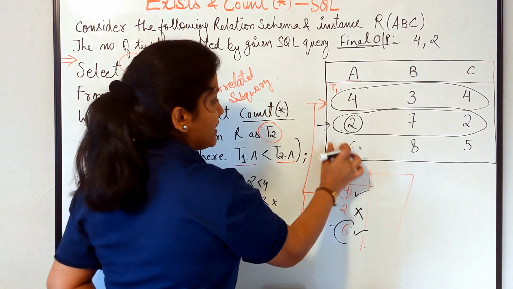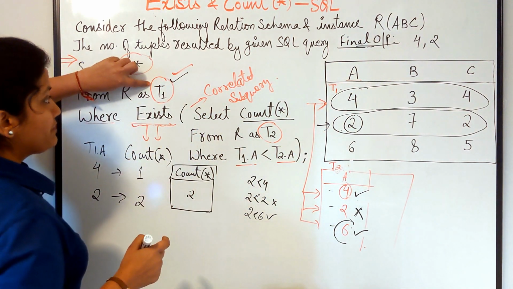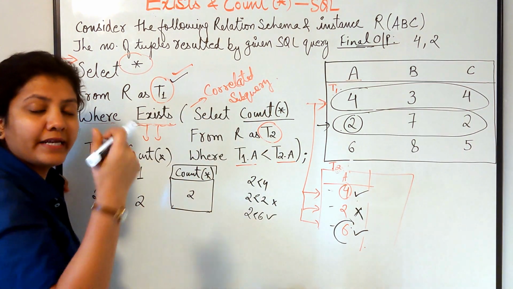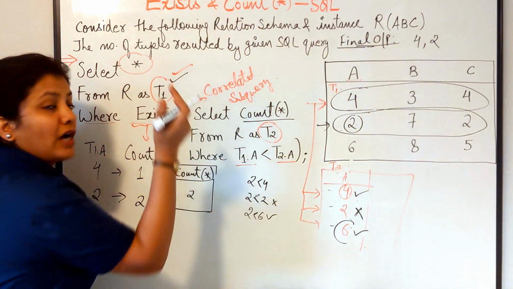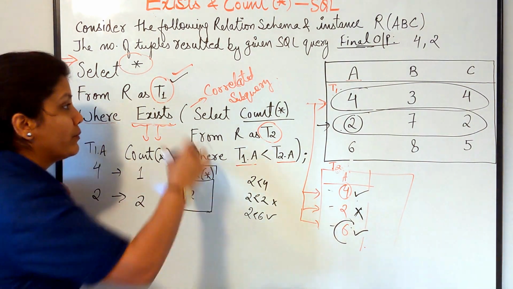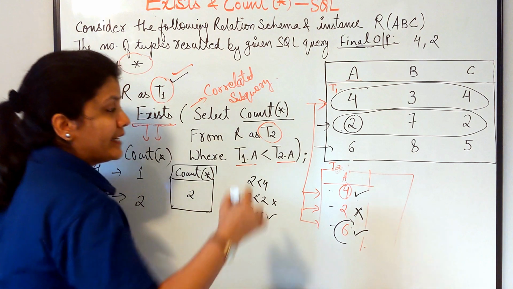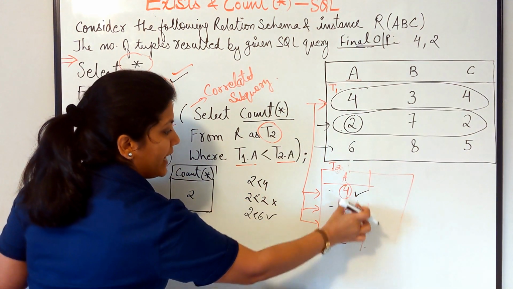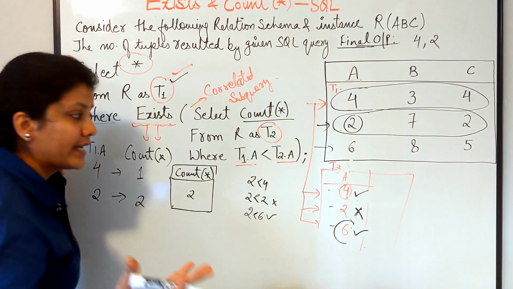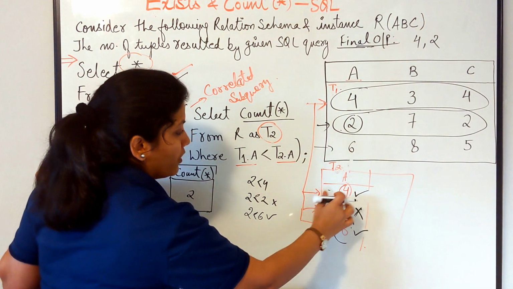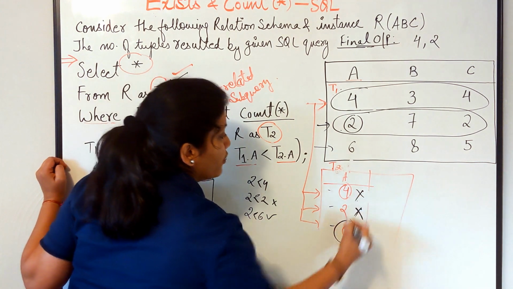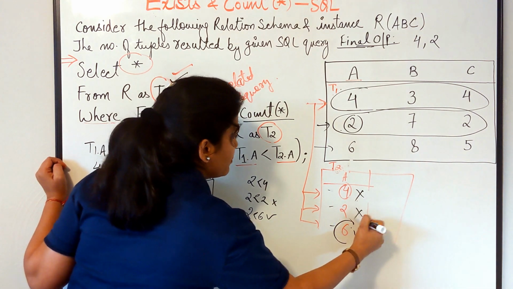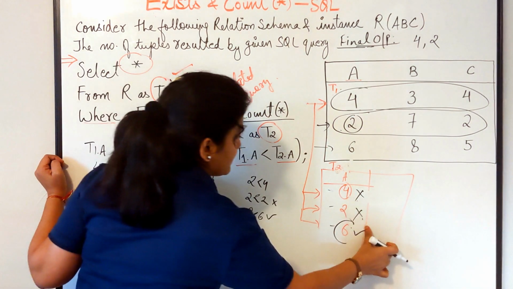Now let's come to the third tuple. Because again it's the for loop, this internal nested for loop is completed. So now the outer for loop gets incremented by 1 more, and we come to the next tuple, that is the T1.A value becomes 6 now. And for this value 6, T2 again has the 3 values for which it is going to get run. We check 6 less than 4 and it says no, because 6 is not less than 4. We check 6 less than 2 and it again says no, false. 6 less than 6? No, false.